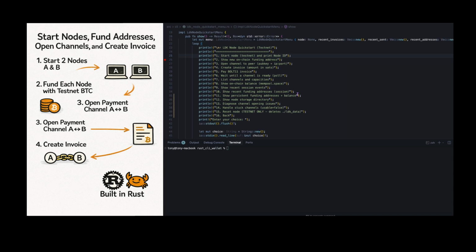Each node generates a Lightning node ID, which is a public key, and an on-chain funding address. This is so we can send some bitcoins to this address. We fund each node using testnet Bitcoin, and then open a channel between A and B, and B and C. Wait until both channels become usable, and then